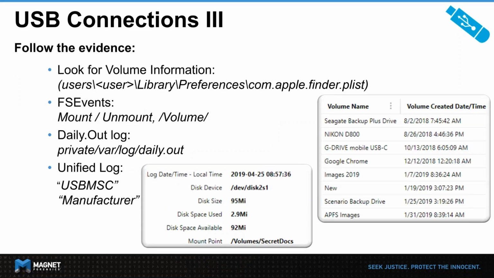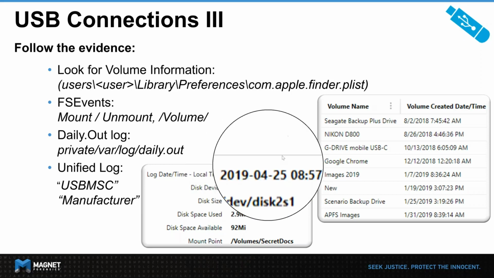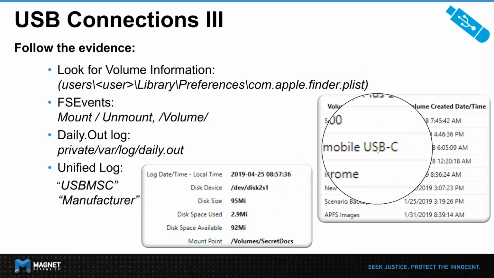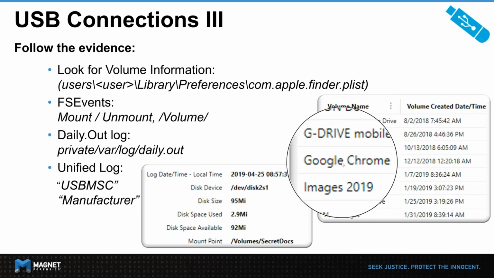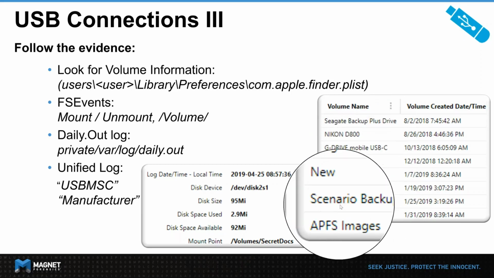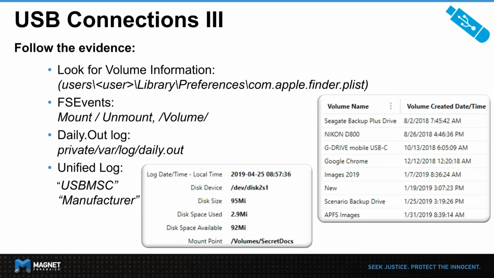So a couple other places we can look at evidence for USB connections. Obviously, we can look at the com.apple Finder plist. That's going to give you a listing of the different volumes that have been connected. So here on the right, we can see we've got a Seagate backup drive. We've got a camera. It looks like another USB-C connected drive. We also have things like Google Chrome, Images 2019, Scenario backup drives, and APFS images, because essentially all of those